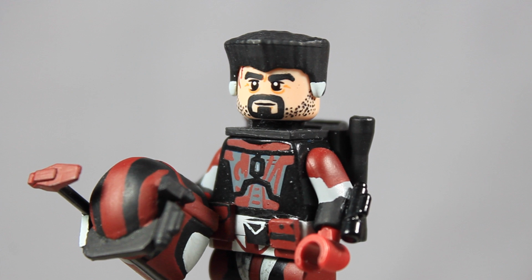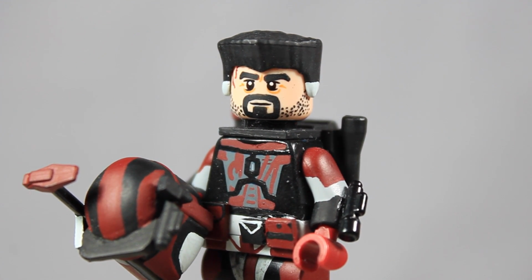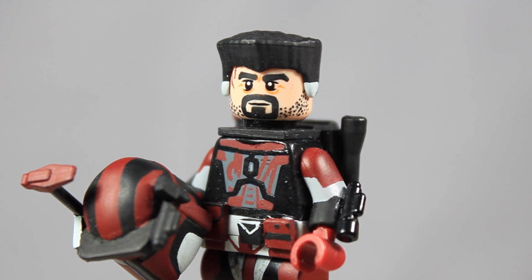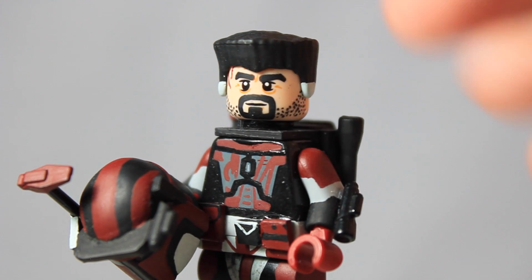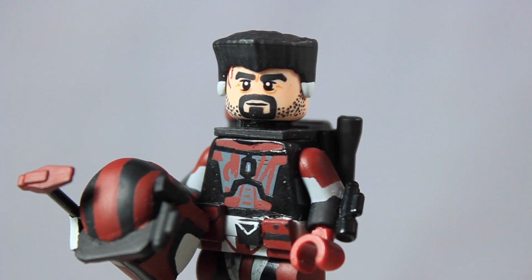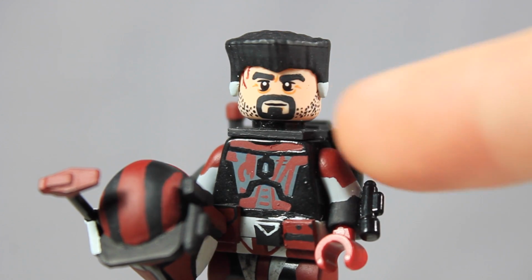So here he is without his helmet. I do not have this head under the helmet because I don't want the paint to rip off, so I just have a standard black head underneath the helmet. So this head I just have sitting off to the side of the figure at all times so I don't lose it, but I really like how the head came out. I think it's one of my best painted heads ever. It was a